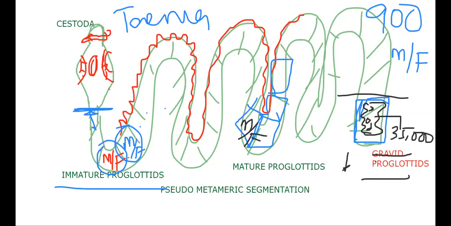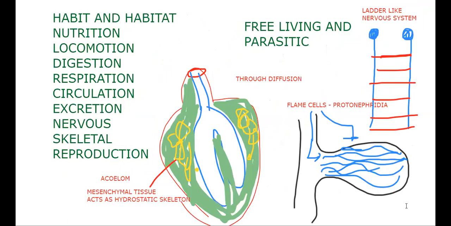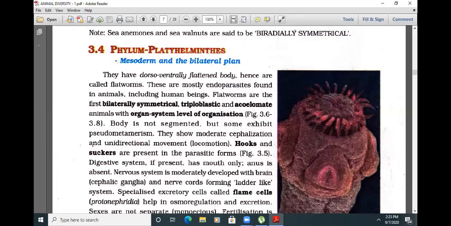Not this much is actually required, but if you learn it like a story, you will remember it, and you will be able to differentiate Turbellaria, Trematoda and Cestoda. In that way, I went a little bit further here. Along with the general characters, we are seeing Turbellaria, Trematoda and Cestoda. Let us see how it is given in the textbook.